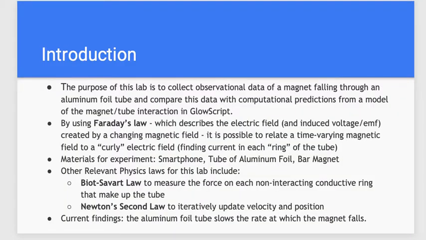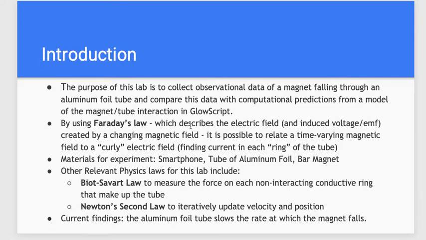To give an introduction to this lab, the purpose of this lab is to collect observational data of a magnet falling through an aluminum foil tube. That's like the actual experiment part. I did that in real life, and then to compare this data with computational predictions from a model of the